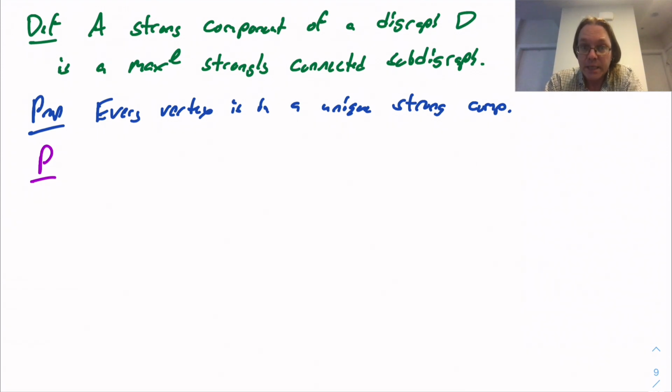So every vertex does lie in some strongly connected subdigraph. But based on the previous lemma, we know that if you have two strongly connected subdigraphs that share a vertex, then their union is going to be another strongly connected subdigraph containing that vertex. So what this means is as soon as you know that every vertex is contained in at least one strongly connected subdigraph, the previous lemma just implies that there's exactly one. So the proof is